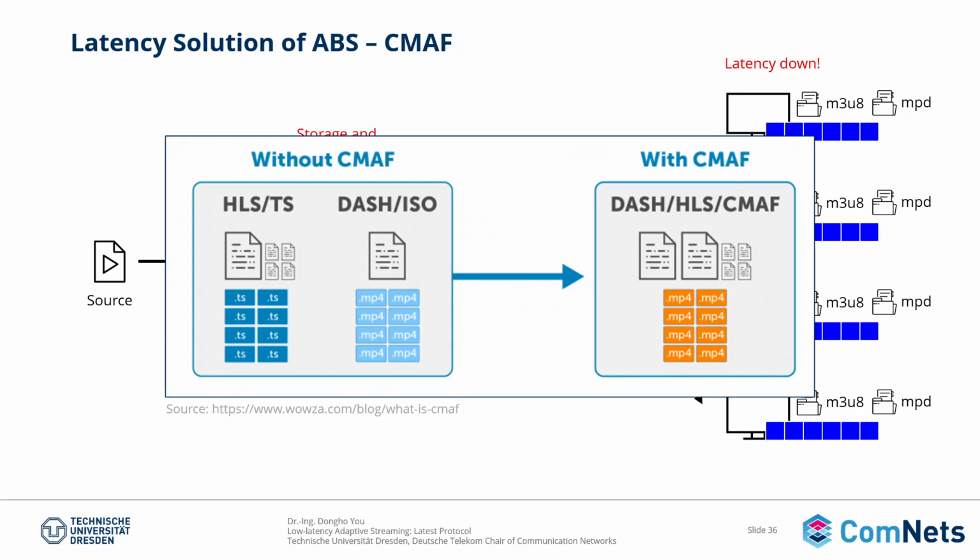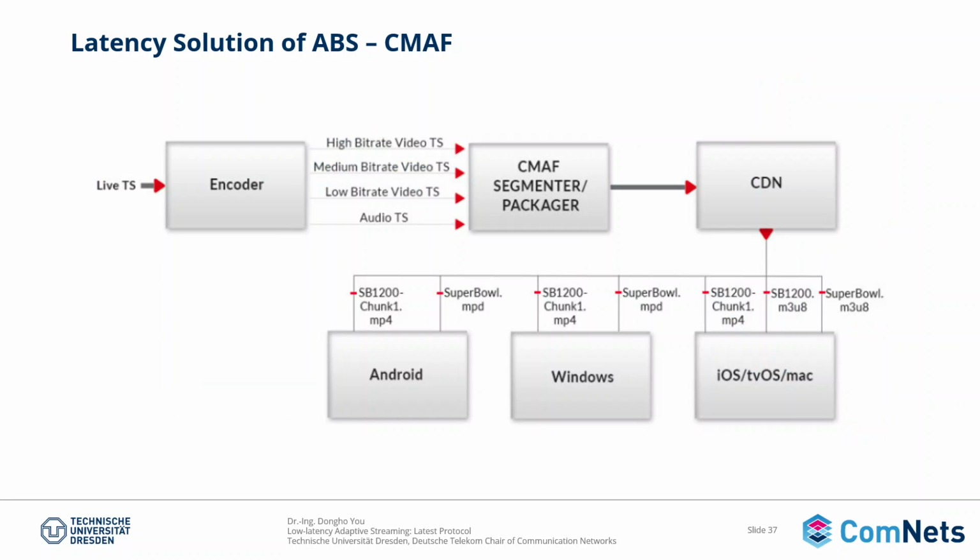It means that CMAF uses a single container like MP4 or TS, but the manifest will differ. They can use the MPD of MPEG-DASH or other things. This is the main difference from MPEG-DASH, which uses only one manifest, MPD. For instance, even if the encoder uses only one container, the TS container, the CDN server can provide different manifests in accordance with the user capability.